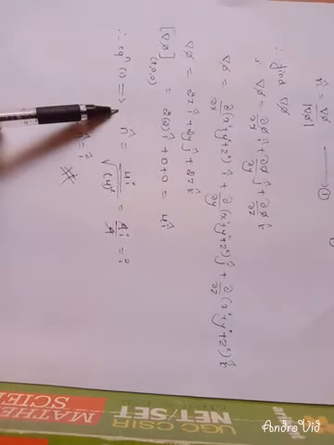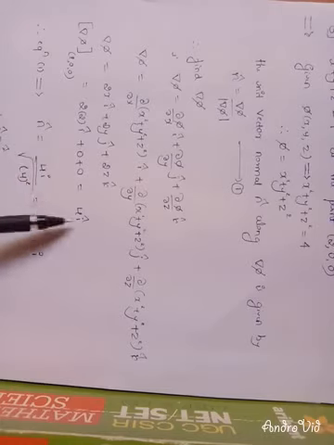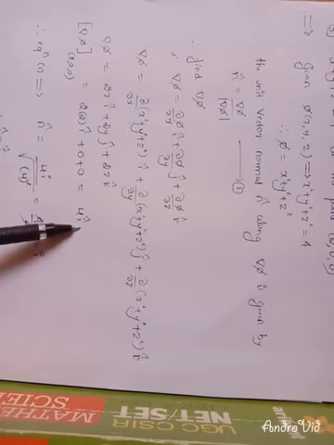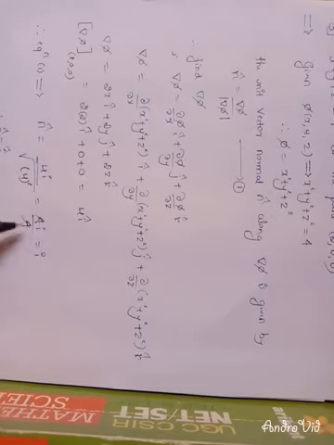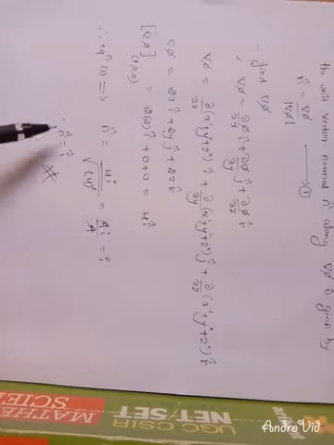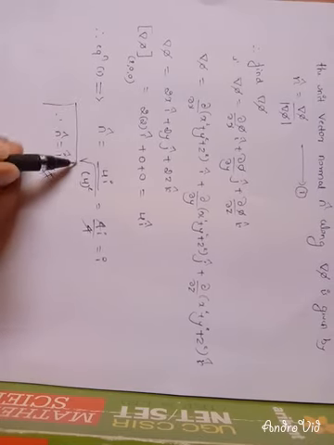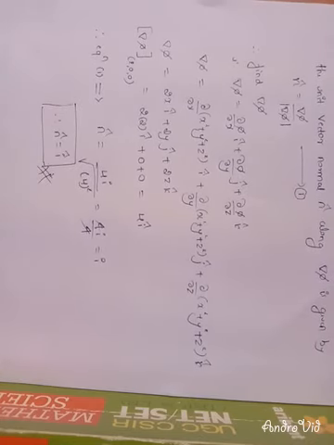Then equation 1 implies here n cap is equal to 4i. Why here 4i? Because we have del phi. Del phi means 4i divided by the magnitude of del phi. This is del phi. Magnitude of del phi means square root of the i coefficient 4 square. There is no j term, there is no k term, obviously 0, 0. No need to write down here. Only write down the coefficient of i square, that is 4 square. Then it becomes 4i divided by 4, 4 gets cancelled, i. So the unit vector normal to the given surface is here, n cap is equal to vector i only. This is our required final answer.